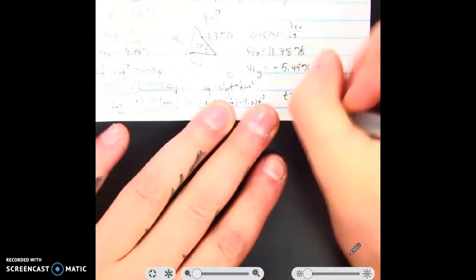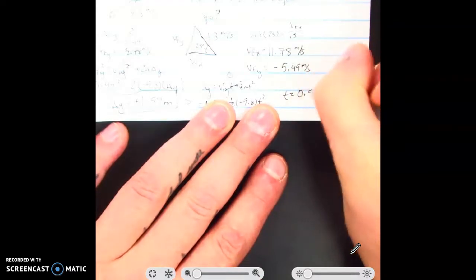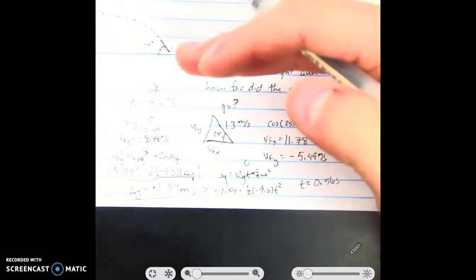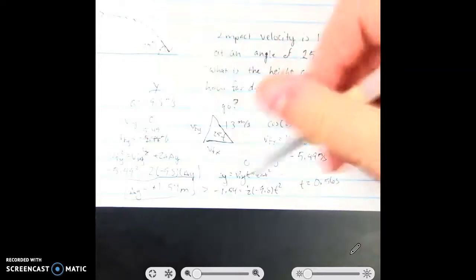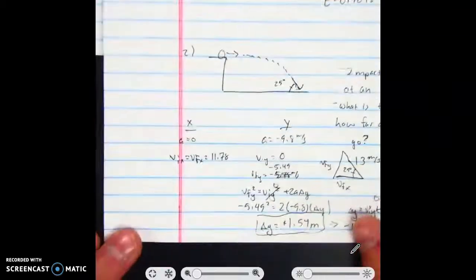Okay, so divide by 9.8, square root. So time is 0.56 seconds. Sorry, there we go. Got a little glare. 0.56 seconds is the time based off of this equation. So now I have a time. We'll pop back over here,